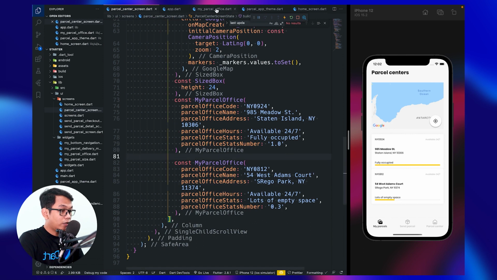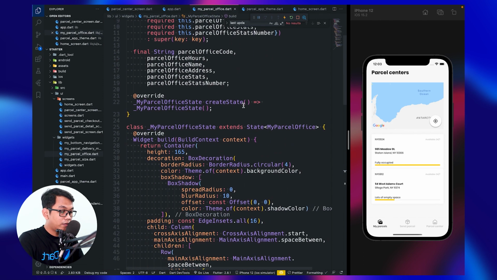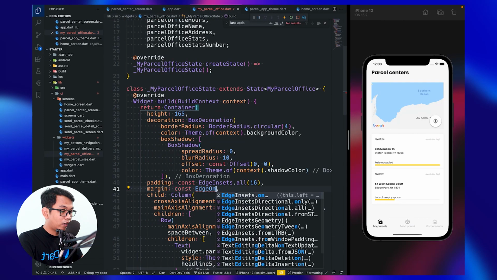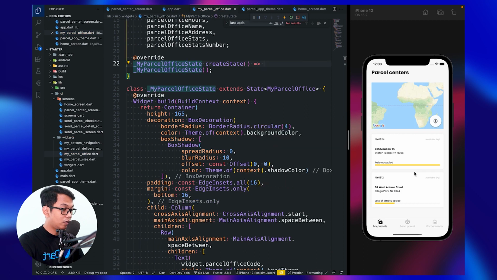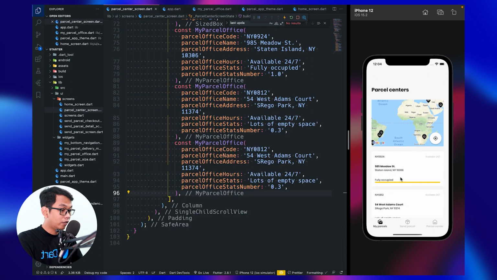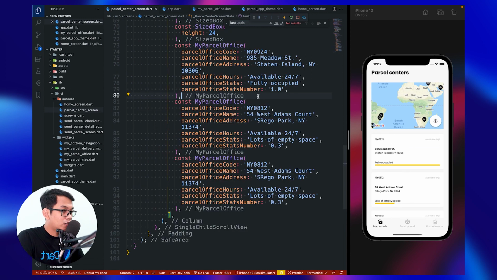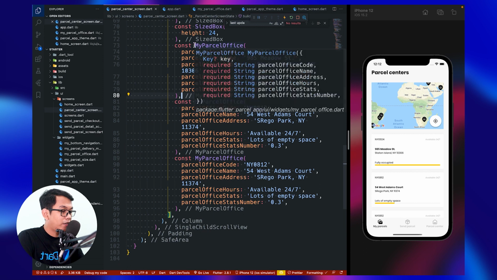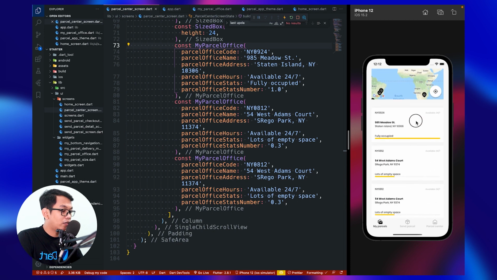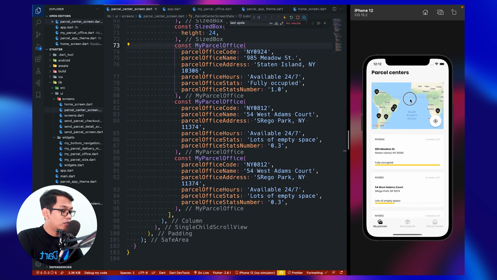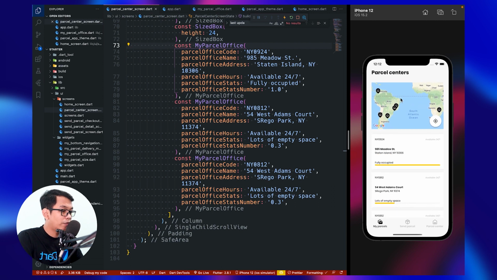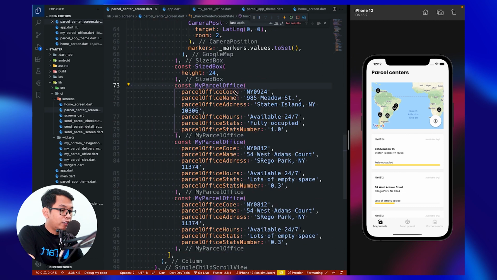And maybe we need to add margin inside our container, maybe here. So let's see, the margin is 16 only, bottom 16. And now we see, and I want to try what's happened when we add another. Yeah, we still can scroll. All right, so here we add 3 dummy lists and restart our app, and we can scroll up and scroll down. But when we scroll on the map, nothing happens. We can't do scrolling on our map view. So let's try to fix this problem.